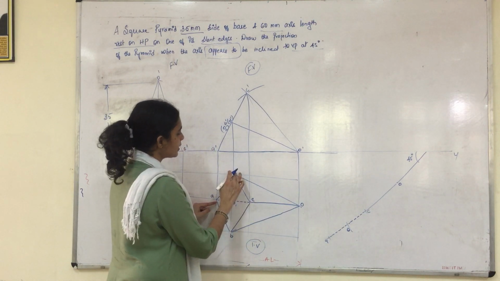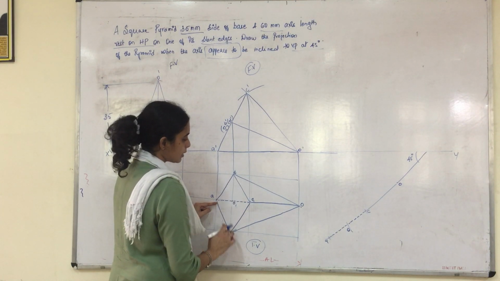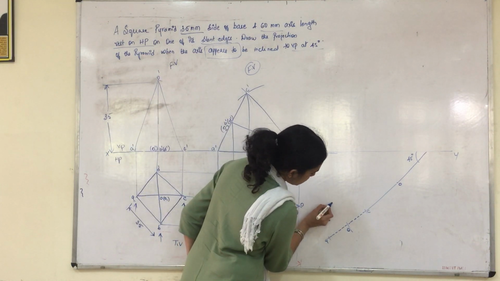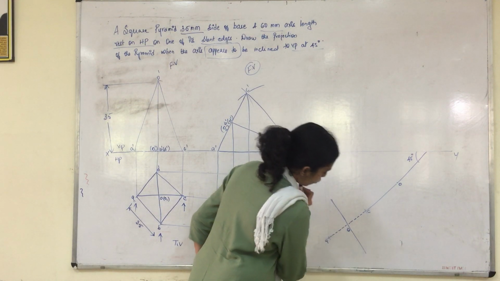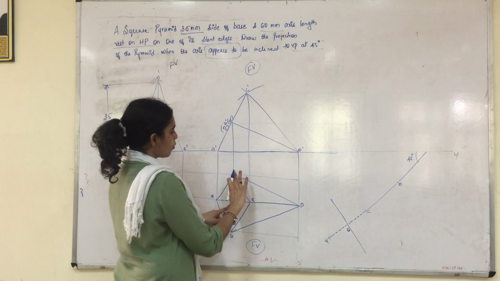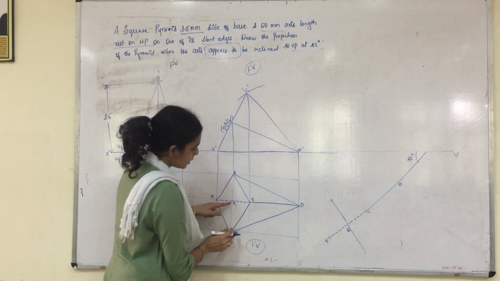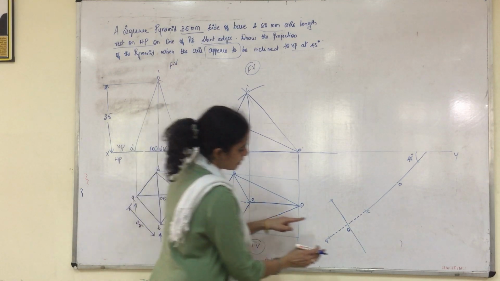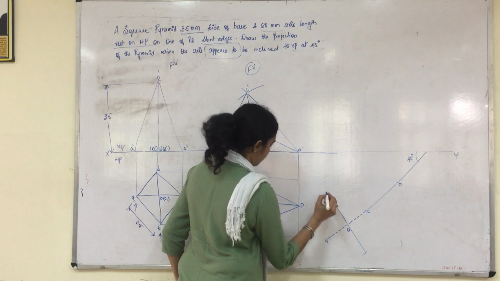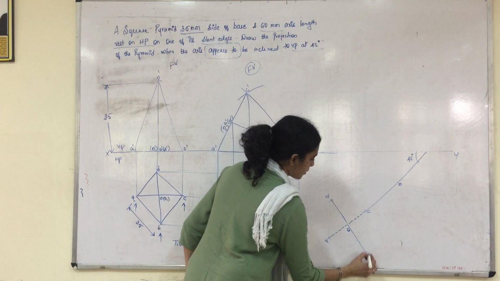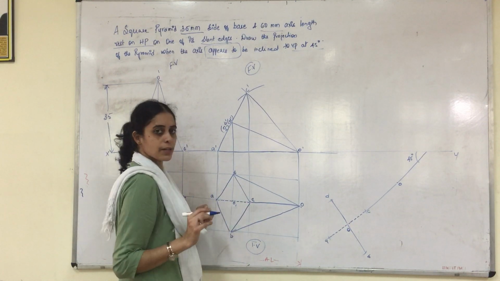Right? After that, we need the other two corners. So these two corners are passing through this vertical line. So just draw a perpendicular line from the center O1. Then you measure from O1 to D what is the distance and just cut an arc. Similarly from O1 to B what is the distance and just cut an arc. So you will get D and B. So you now got all the four corners of the base.